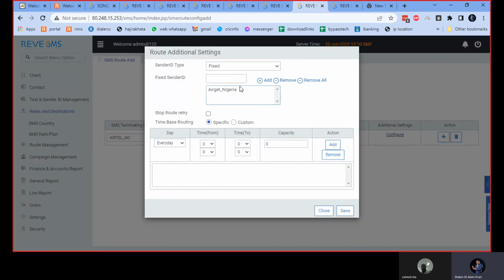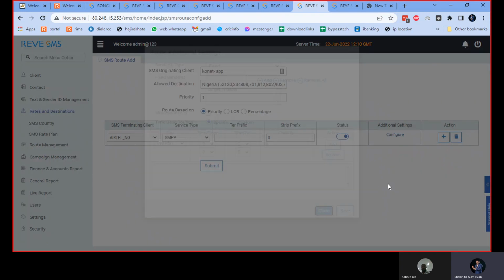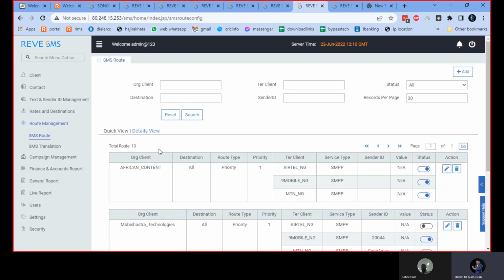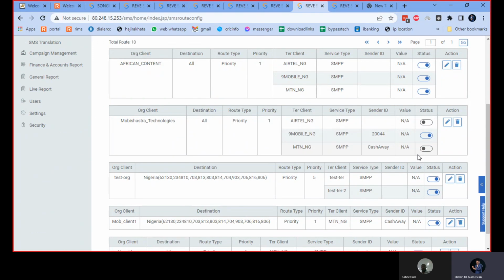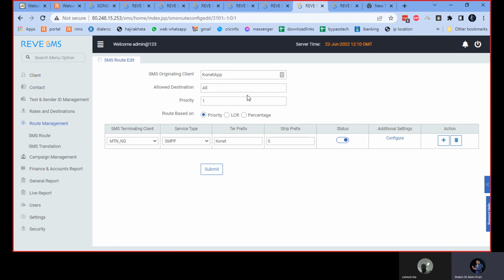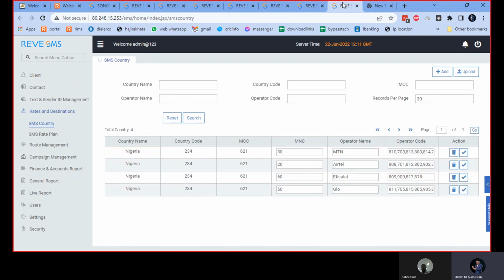So you can see the fixed sender ID I've set in here, and the client I added here as well. After you press submit, the route page will show you like this. You can also edit or block any routes if you want. Okay, for example, you have already created a route for the Connect app, and it's routed over MTN in Nigeria. If you want to do a specific route for the Connect app and pass it specifically over